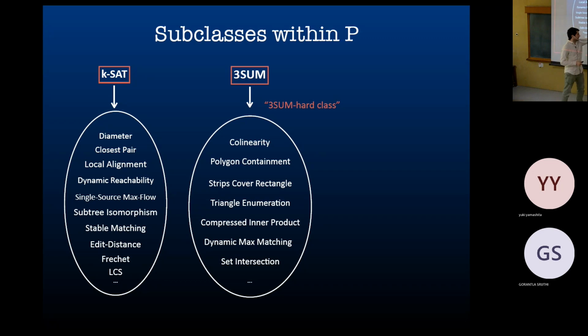So one nice problem is dynamic maximum matching. You have a graph, and edges are added and deleted. Whenever there's an update, you want to know the size of the maximum matching in the graph. Can you do it while making the updates polylog? You can, of course, do this by recomputing the answer every time you have an update. This will give you some n time or m time, or some polynomial time. And if you could break that polynomial, I don't remember what it was, you could actually break 3SUM. So there's a tight lower bound.